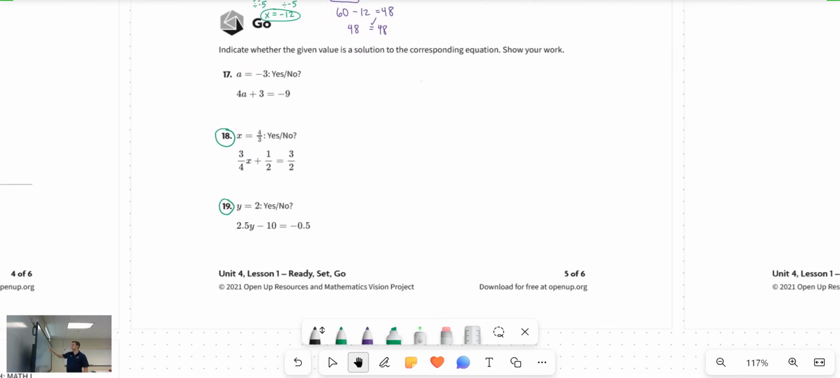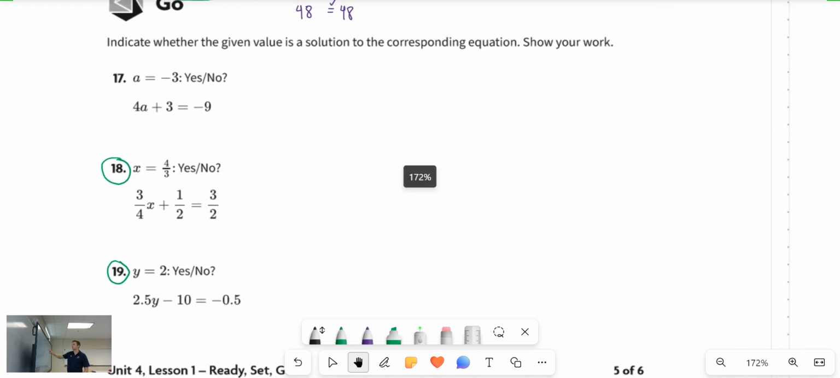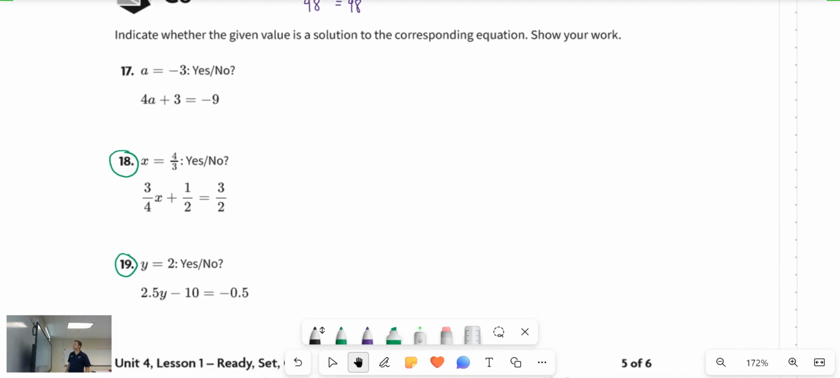For the go portion, it looks like we have 2 to do on this page, and maybe we have more after this, but we will go see. Indicate whether the given value is a solution to the corresponding equation. Show your work. Excellent. All right, so